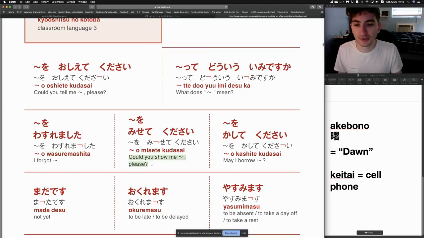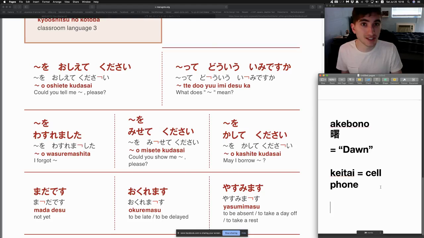How about this one? Could you please show me blank? Could you show me blank, please? In Japanese, we say blank を見せてください。Again, here is ください。This means please. Could you please show me,